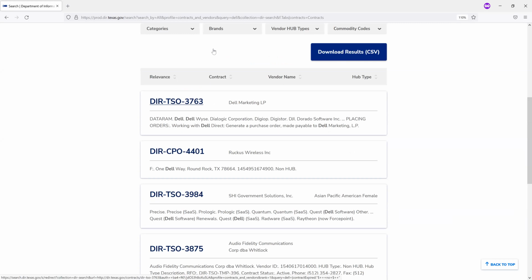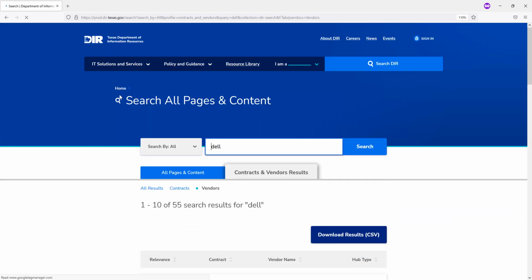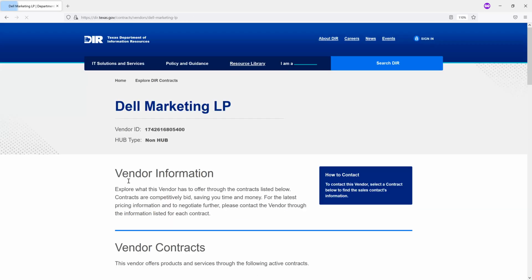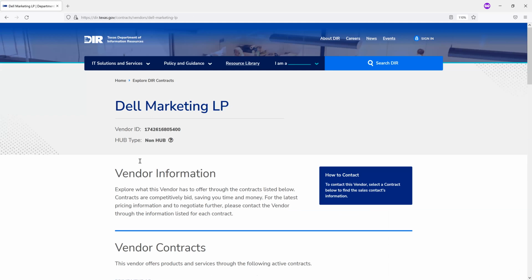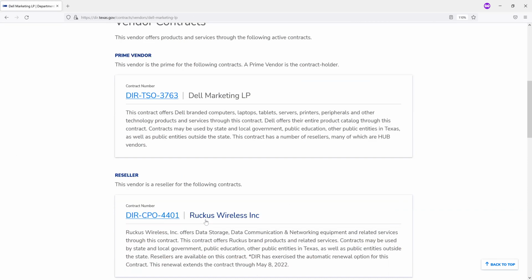I want to show you the vendor pages. Vendor pages are also a new concept on this website. You can see for a particular vendor all the active contracts that are offered under that vendor. So for instance, Dell, let's go ahead and open up that one. You'll see it's separated into 2 separate sections. You're going to either get contracts where they are a prime seller on that contract, or one where they are a reseller. I saw a question earlier about separating reseller information. I might ask a follow-up question on that, because